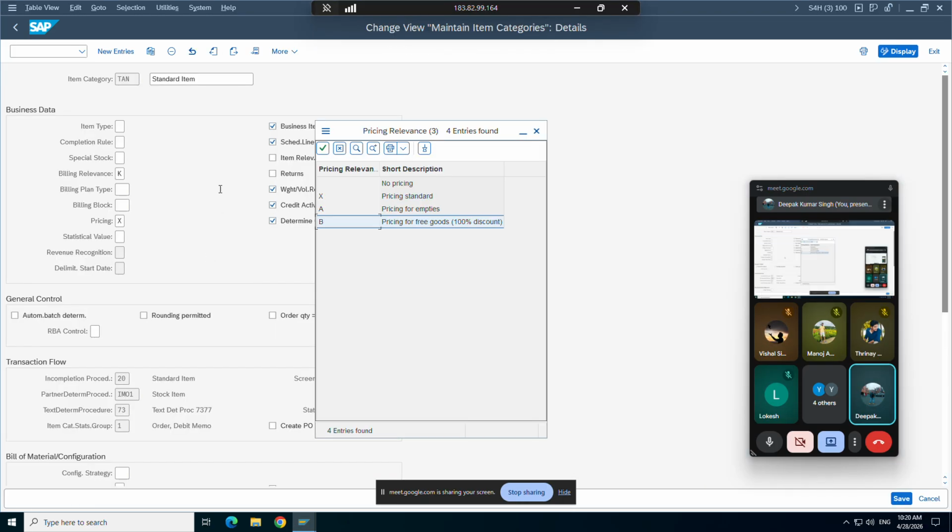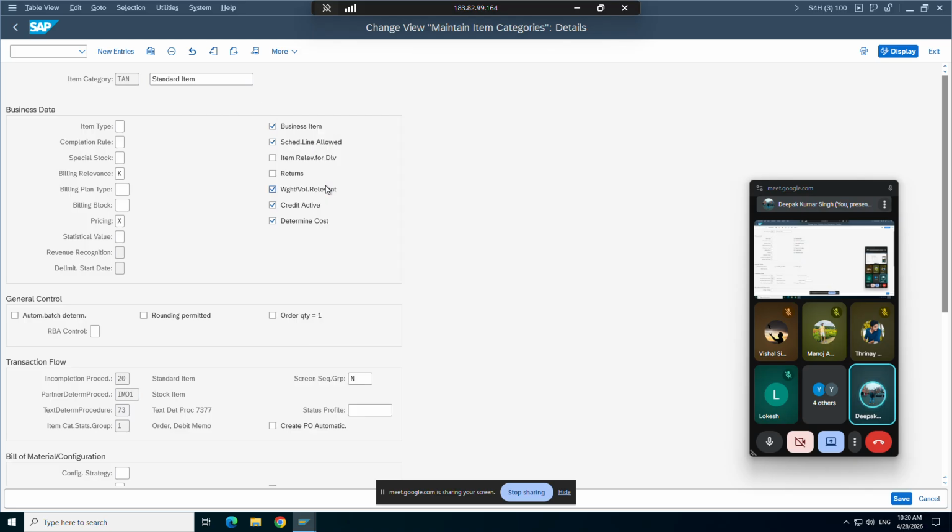So 10 is a standard item category. So let's not change it. Anyway, if you try to change it, it will not allow. Let's see if I make it blank. You see, I get some error. Item category 10 is enabled for something. I don't want to go into all these things. So what I did,